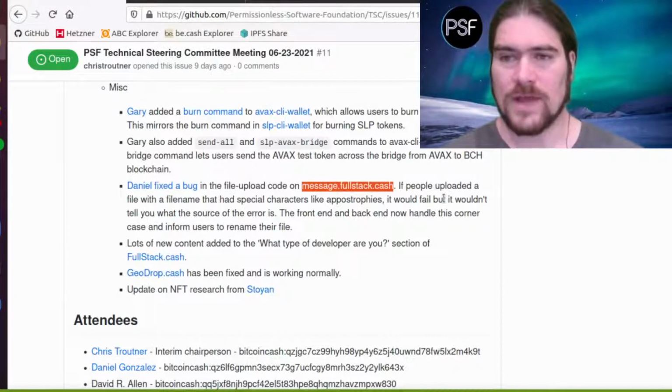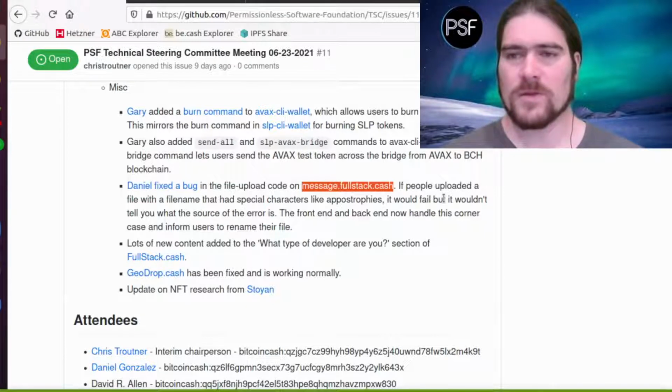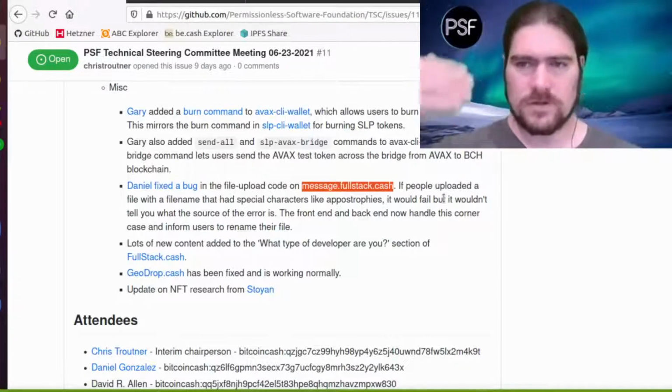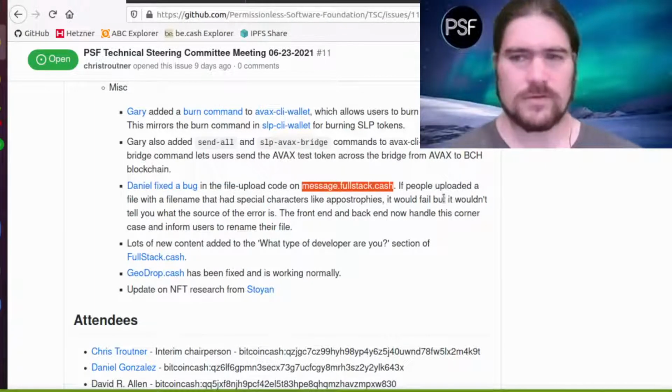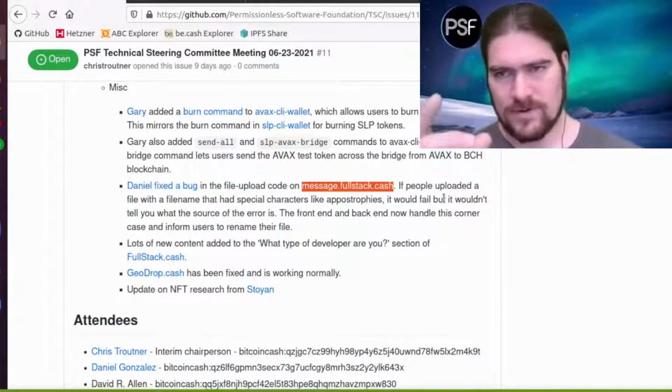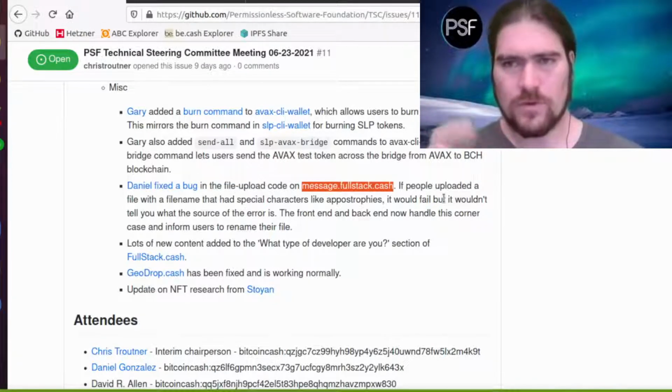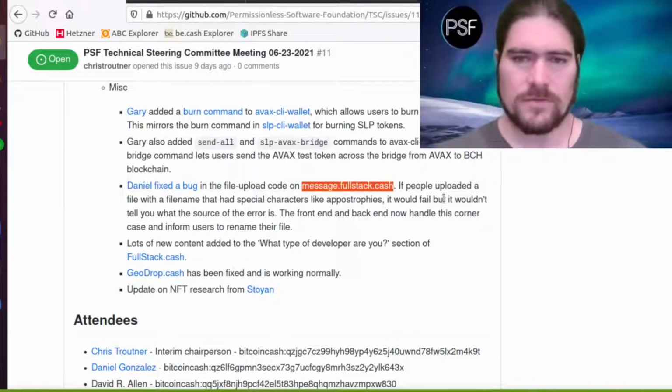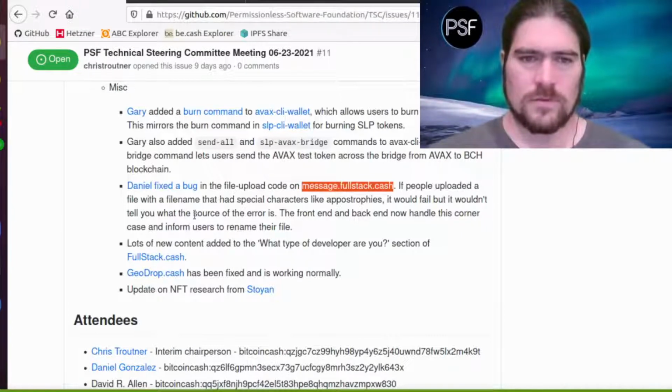That was part of the problem. It was clearly having a bug, but we didn't know what was causing it, and we didn't know how to fix it. So now it presents a clear error message to the user saying, I can't read your file name. I need you to change it for me, and then try uploading it again. So just a little more user help there.